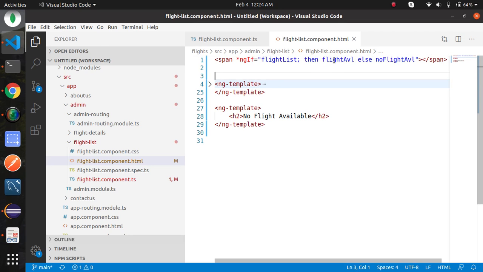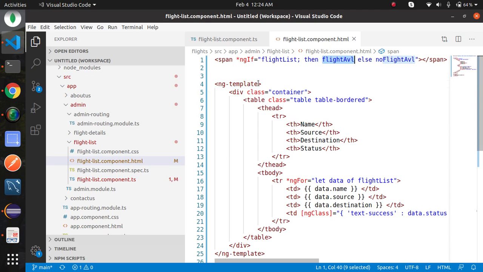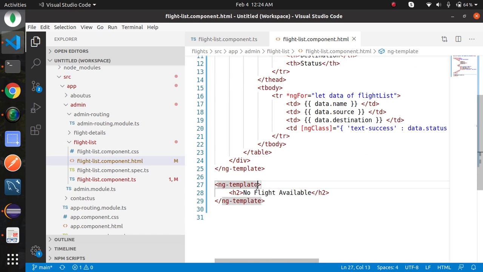Now copy flight AVL and paste with first ng template with hashtag. Copy no flight AVL and paste here.